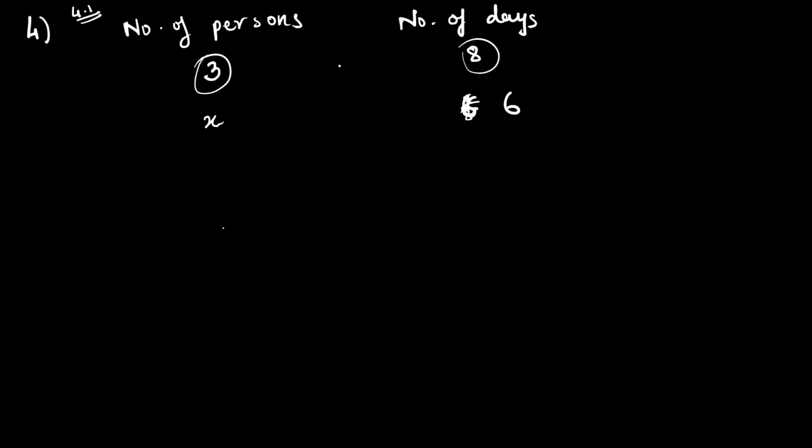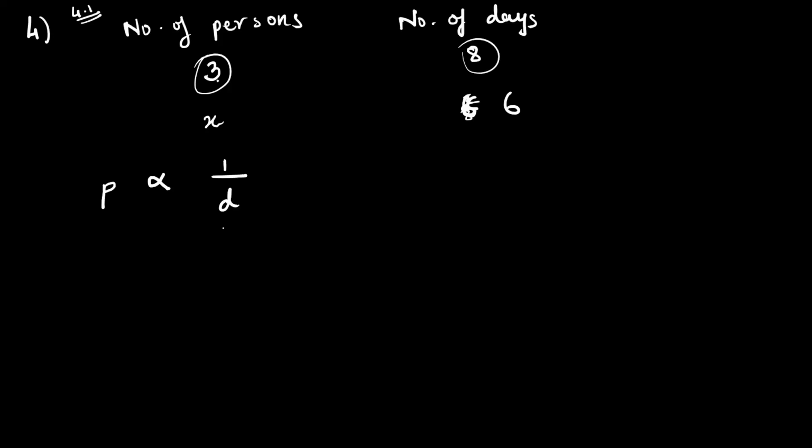So this is basically variation. Variation is something that you'll have already done in your 8th standard. Let me just explain to you how you used to do variation then. What you all used to say was, let's say P is the number of persons and D is the number of days. So you would write it like this. This is inverse variation. Inverse matlab we would write this symbol and we would write it as 1 upon D.